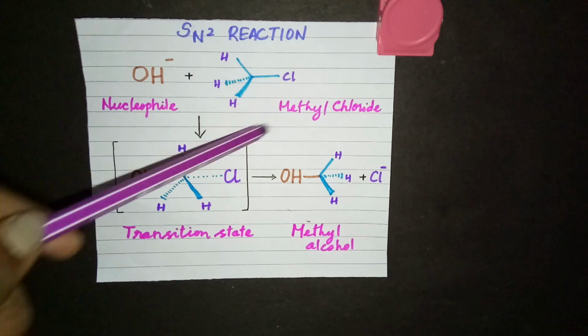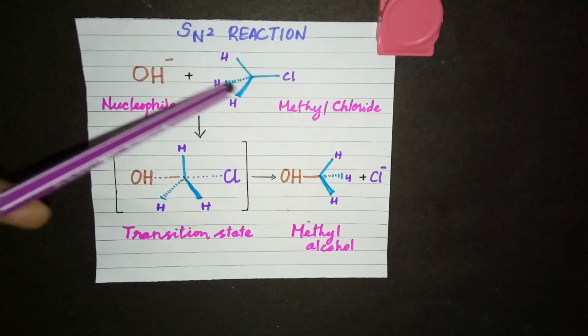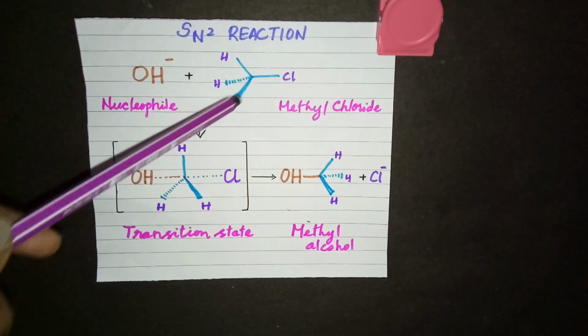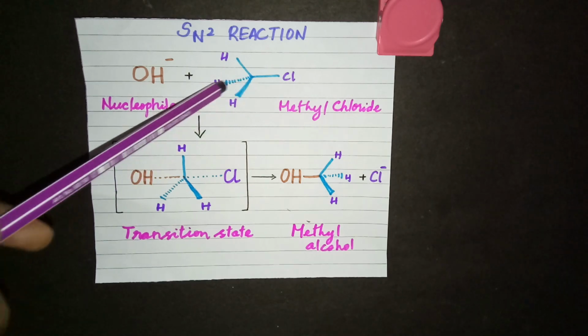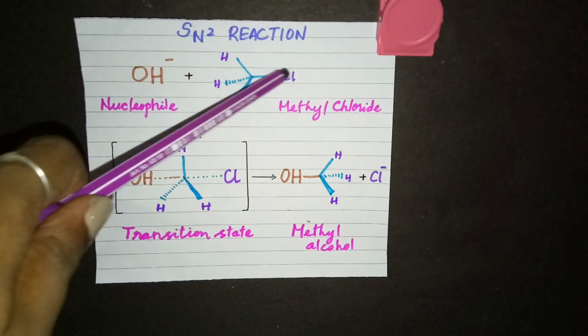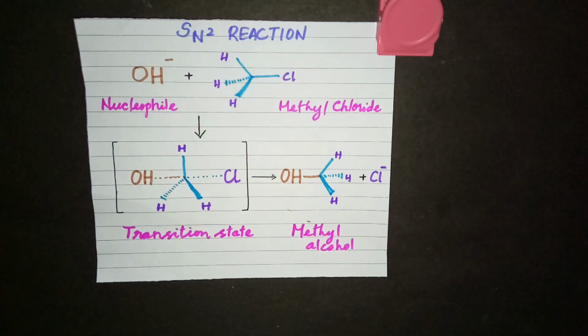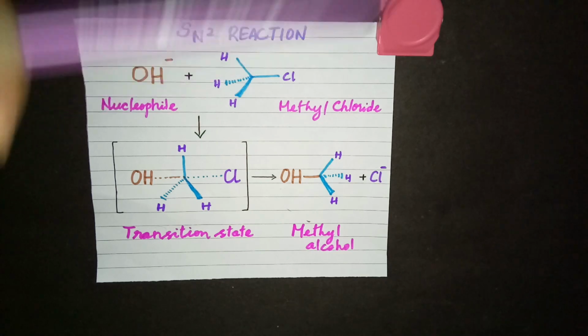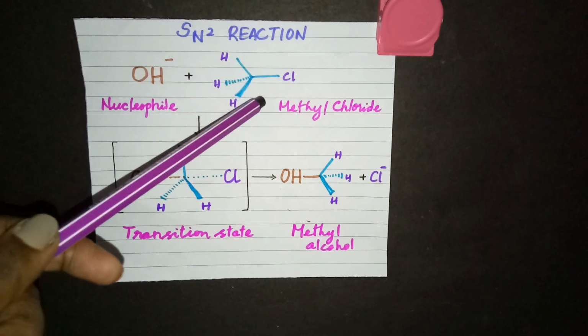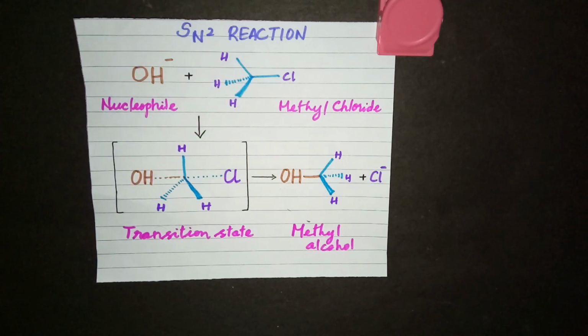When you take this, see, I have represented this compound with different lines. See here, simple 2 lines, and here you have a dotted line, and this is a solid line. We call this a solid wedge, and this is a dotted wedge. The reason why we are representing a compound like this is to bring out the 3D picture. When you put lines like this, it means these two atoms are on the plane of the paper, and this one is on the back side, which means it is out of the plane of the paper, but it is away from the observer, which means we are the observer. And this solid wedge, this H, is also out of the plane of the paper, but it is towards the observer, which means towards us.